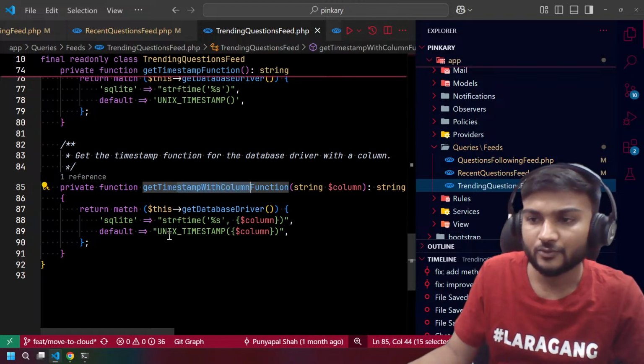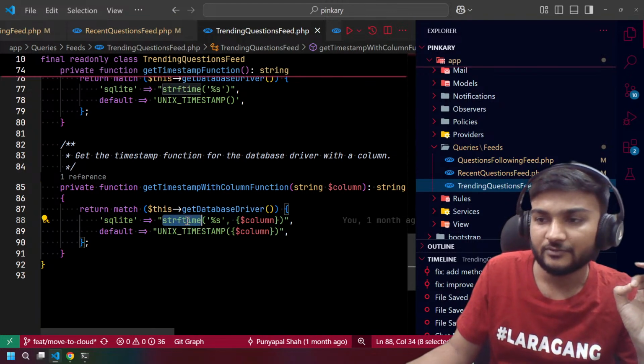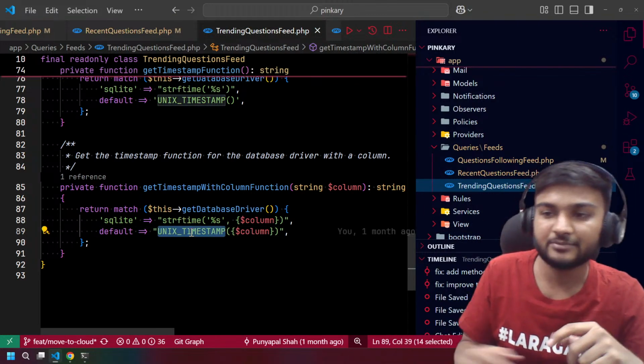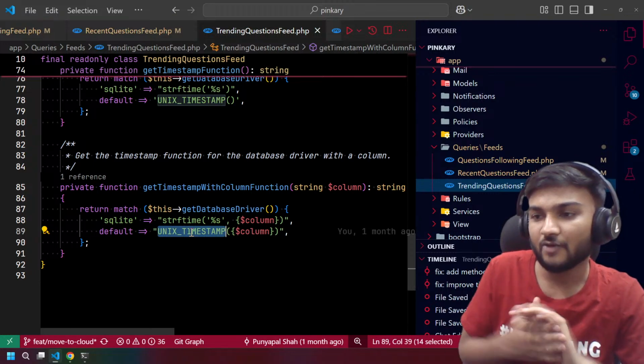And here, what we do is, if it is SQLite, we use strftime, which is related to SQLite, and a unique timestamp in MySQL, right? And now what we can do is,